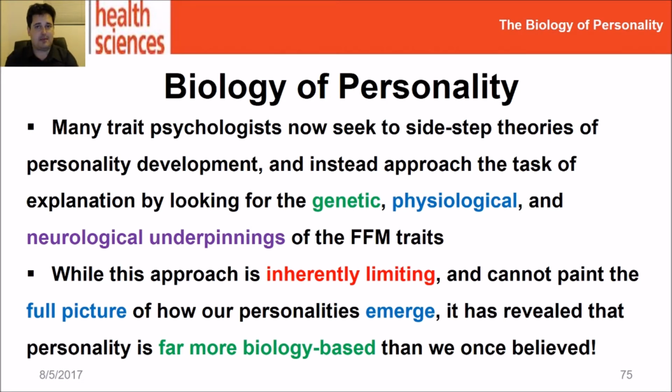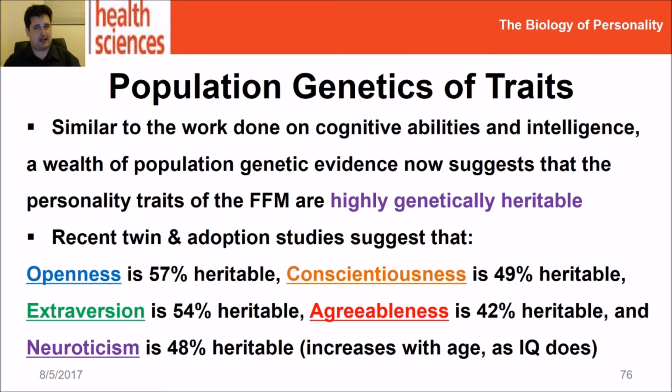The key insight that I'm giving on this, and it will structure everything we talk about here, is that when people started looking for these things, genetic, physiological, and neurological underpinnings for psychological personality variants, personality turned out to be far more biologically based than we ever used to think back in the day. First and foremost, the simplest population genetics things that they did on the matter was say, okay, we can track differences between adult individuals on the level of the 5-factor model traits, openness, conscientiousness, extroversion, agreeableness, and neuroticism. Do they correlate within families? Is there a genetic heritability of whatever level of each of these personality traits you're going to have?